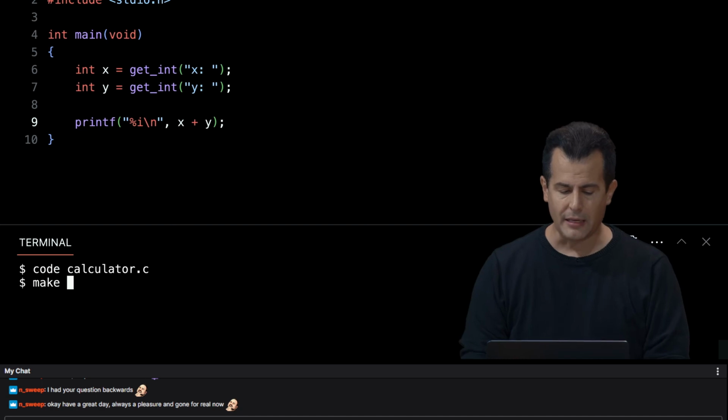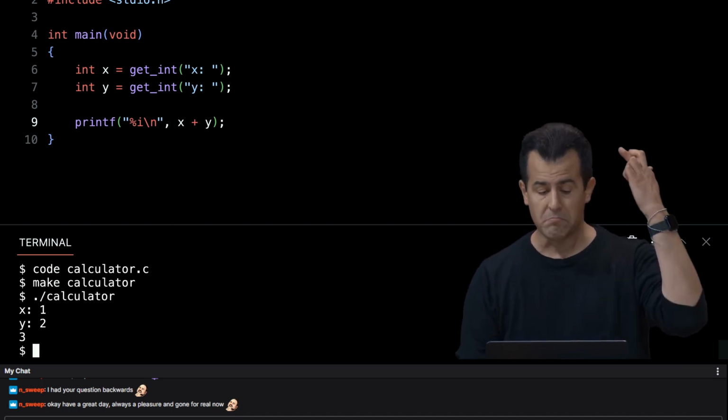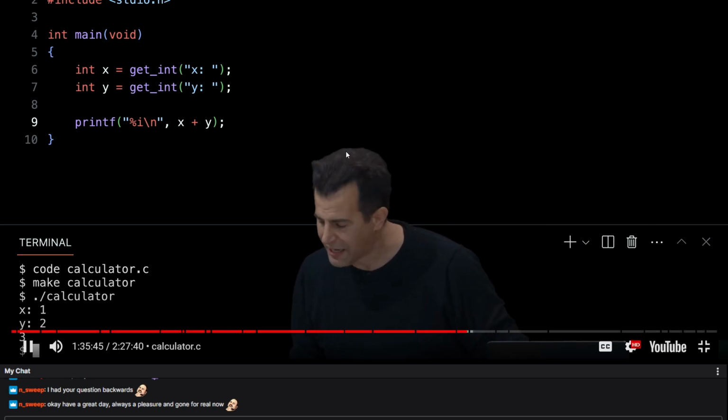So let me go back to my terminal, make calculator, enter. All is well so far, ./calculator, and let's keep it simple. 1 for x, 2 for y, and indeed, I get 3 as the output. It's not very dynamic. It can't do a subtraction or multiplication or much more, but it does at least do